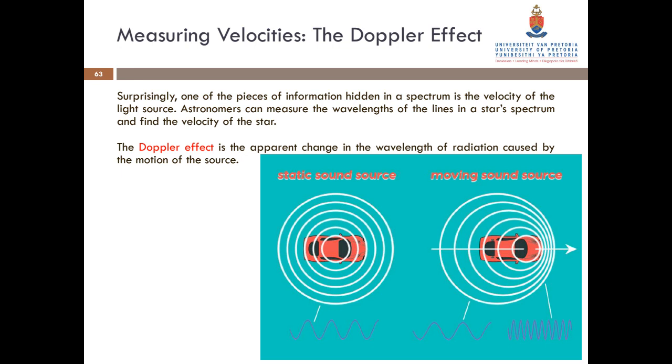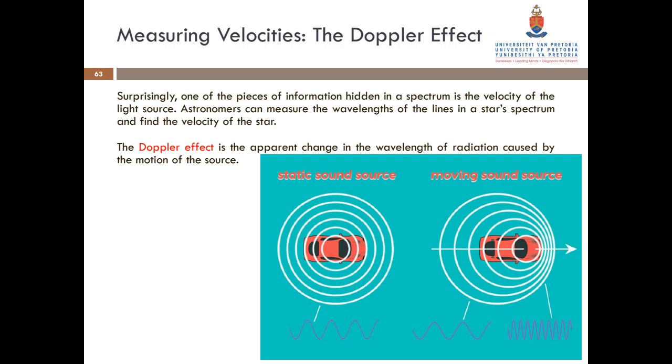Surprisingly, one of the pieces of information hidden in the spectrum is the velocity of the light source, and astronomers can measure wavelengths of the lines in a star spectrum and find the velocity of the star. This Doppler effect is the apparent change in the wavelength of radiation caused by the motion of the source. So when we look at this,